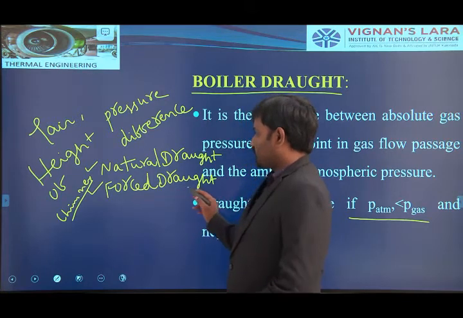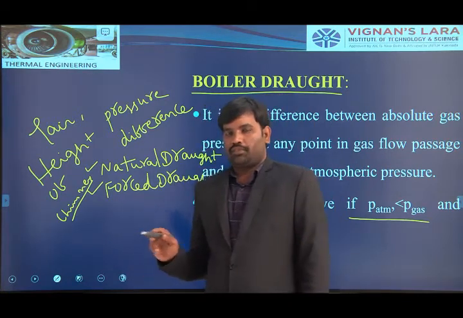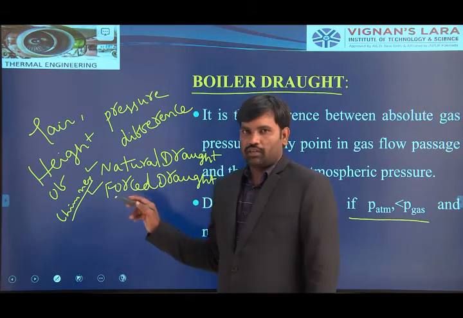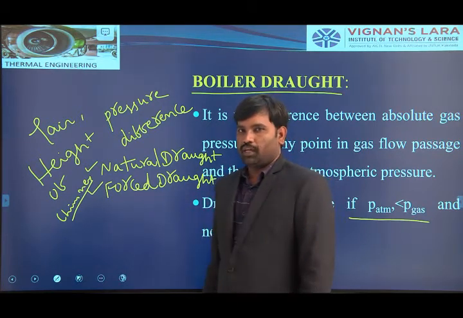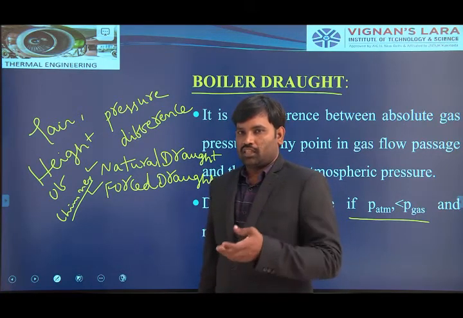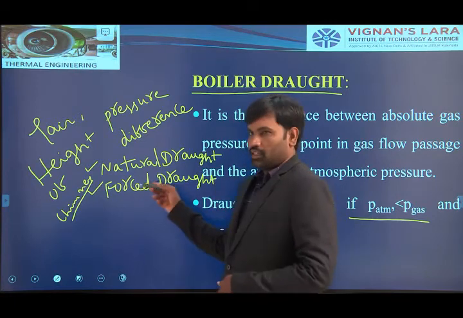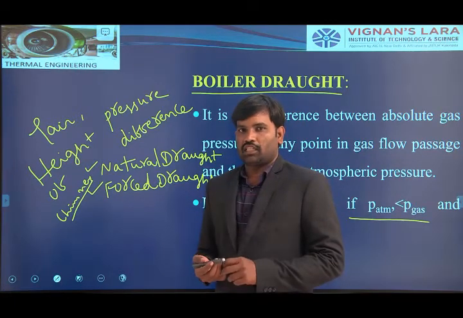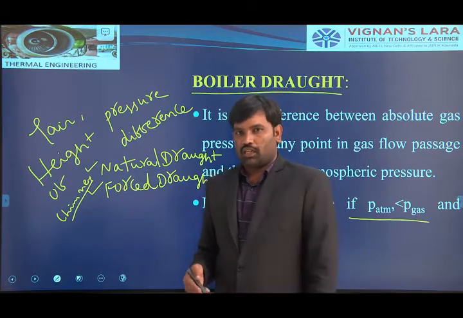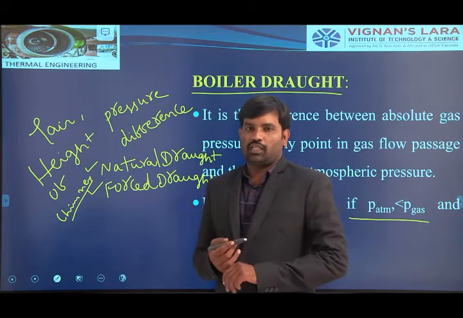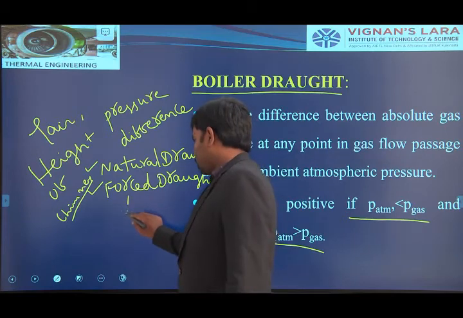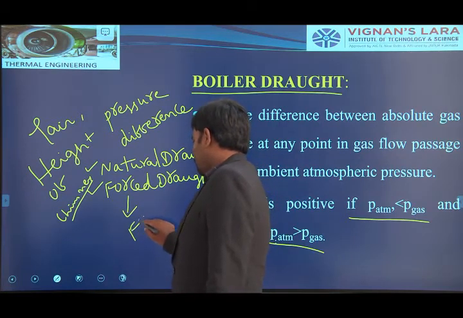And in the case of forced draught, we use fans. That fan provides forced air into the boiler combustion chamber. After generation of the combustion products, the fan sucks the pressurized combustion products, and after utilization of their energy, they escape into the outside atmosphere. That gaseous flow inside the boiler shell happens only with the help of fans.